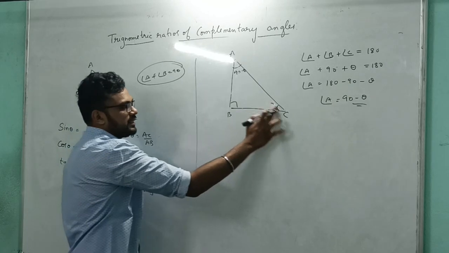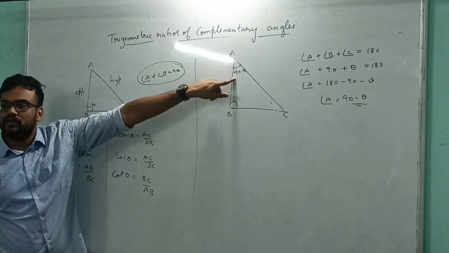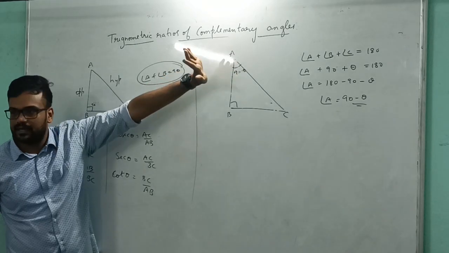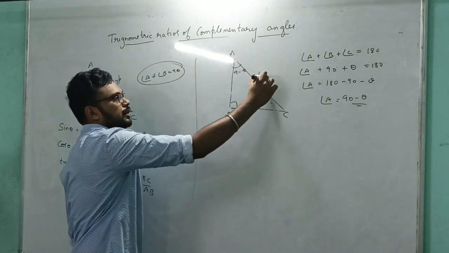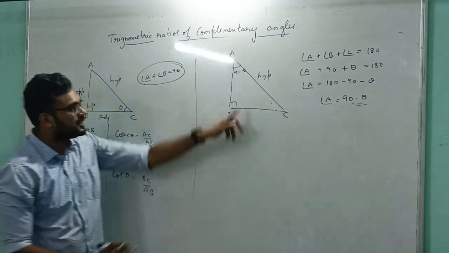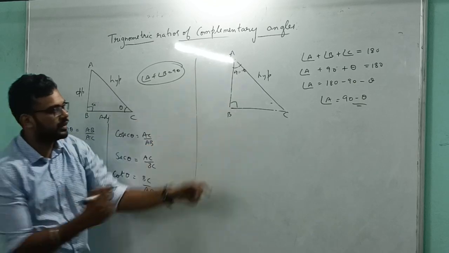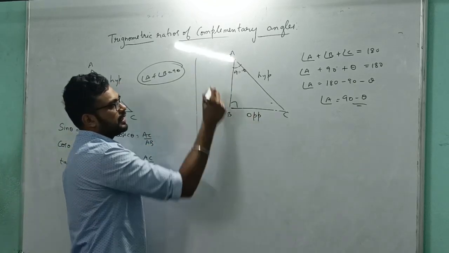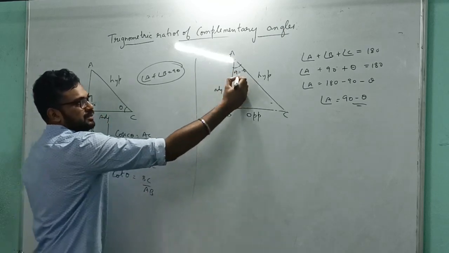Okay. Now I'll just erase this. I'll only concentrate on this part. You have to tell me the trigonometric ratios with respect to this angle. Which is the hypotenuse here? This will be the hypotenuse. Which will be opposite? BC, because this is the angle of my concern. Correct? I am concerned about this angle. So this will be opposite. This will be adjacent.